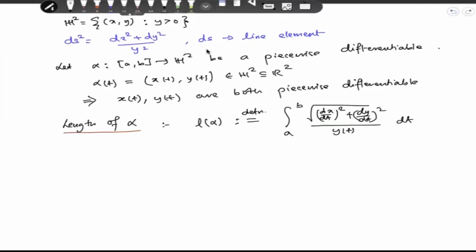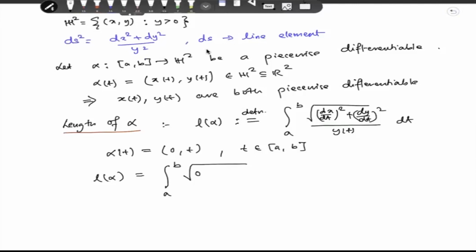For instance, if I take this map, alpha t is equal to 0 comma t, where t is varying over the closed interval a to b. Then what will be the length of alpha? This will be the integration from a to b. Now x t is 0, so dx dt automatically will be 0. And dy dt, what will it be? x t is 0, y t is t, so dy dt will be 1, divided by t, dt. So this is basically the integration from a to b of dt by t, which is equal to log b